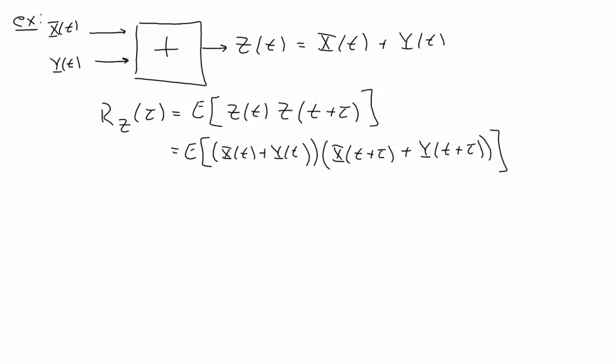Z is just x plus y, and Z of t plus tau is x of t plus tau plus y of t plus tau. All right, do all the cross multiplies, and I get the expectation of